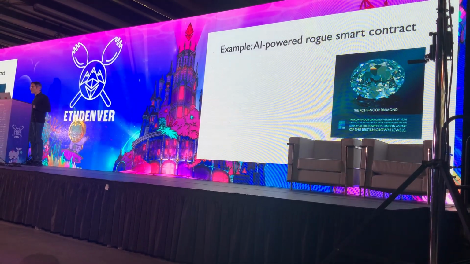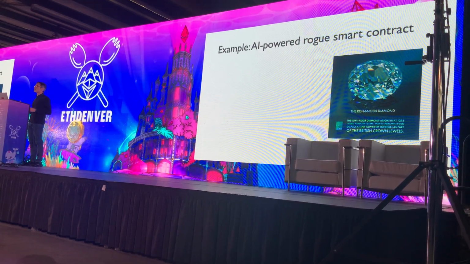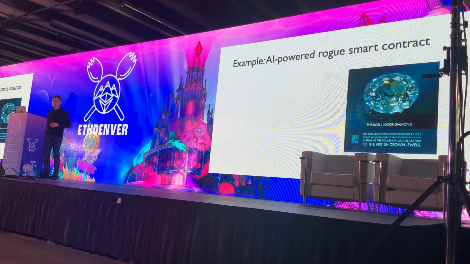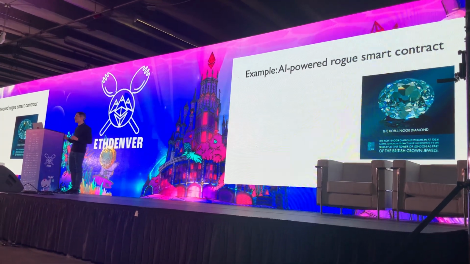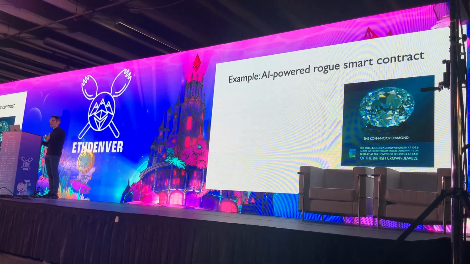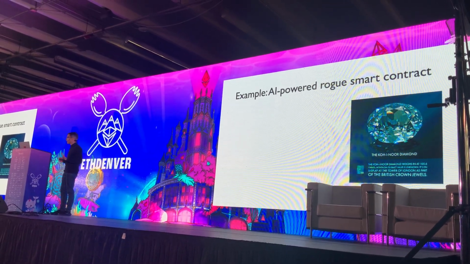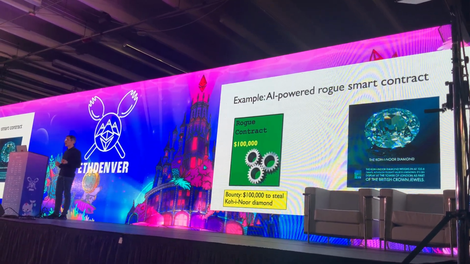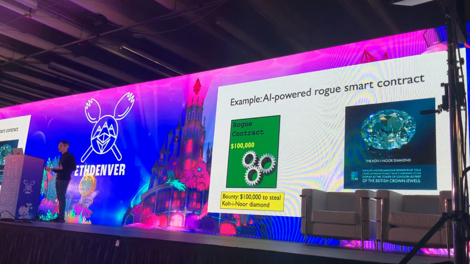Many of you may be familiar with the Koh-i-Noor diamond. It's one of the world's most famous gemstones, and it's part of the British royal family's collection of jewels. It sits in the Tower of London. But it has a contentious history. It's a politically contentious thing. And there are many people, in fact, who believe that it's cursed. So you can imagine that somebody might want it to disappear. Doesn't necessarily want to possess it, just wants it to vanish from the Tower of London. Well, such a somebody could create a rogue contract that pays a bounty, let's say $100,000 in cryptocurrency, to whoever